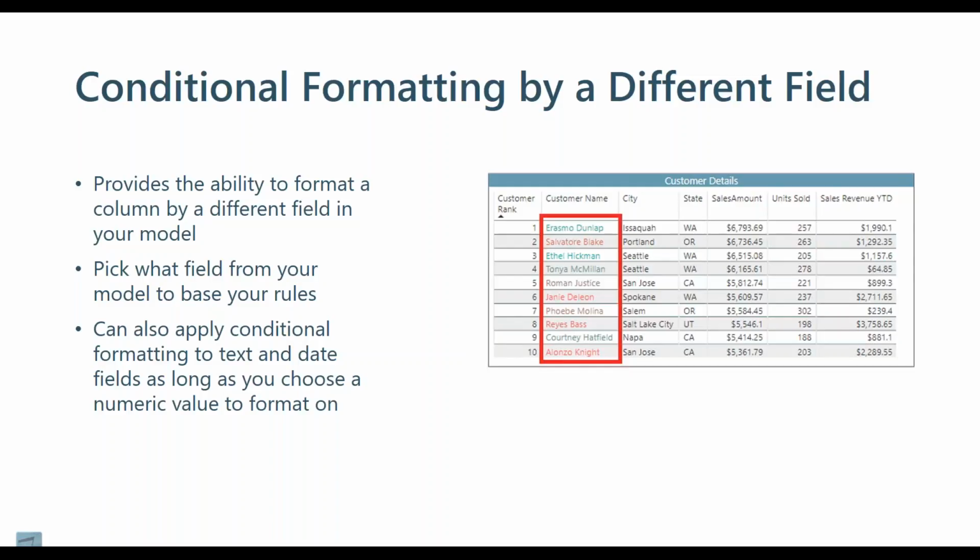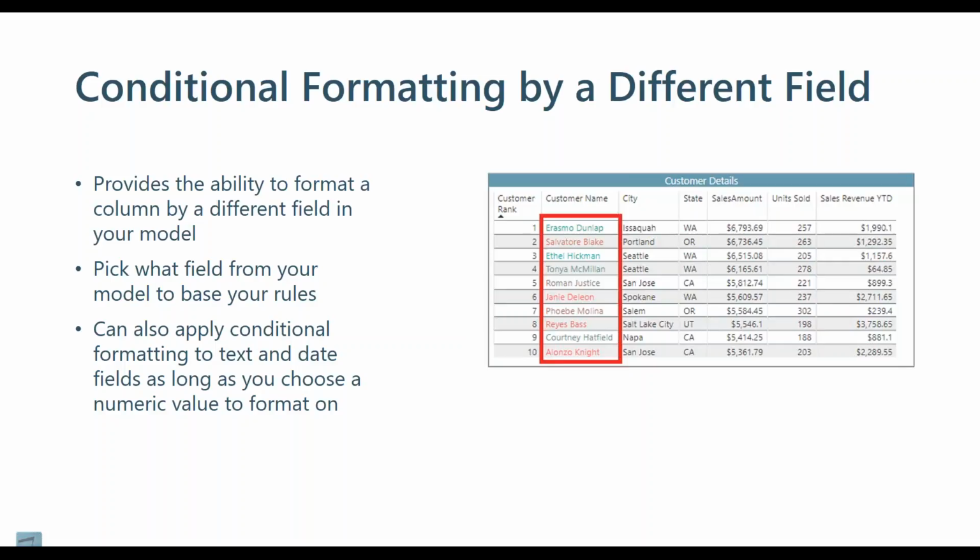So previously, before May, Power BI's version, you could only do conditional formatting on items that are numeric and only on items that are listed in your table. What Power BI's update is now, you can actually pick a different field from your data set to base conditional formatting off of. So it doesn't have to be